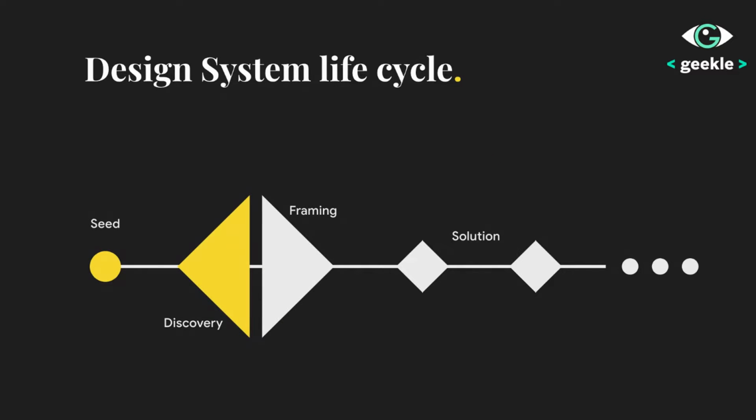Building a design system, I found it somewhere while reading a lot of books around it, and I think it's a good idea to share. So it seems like it has these four stages. The seed stage